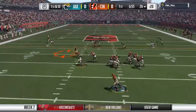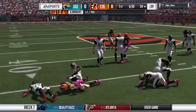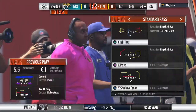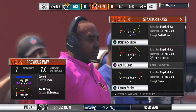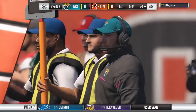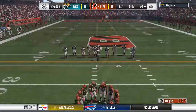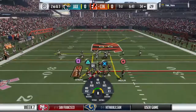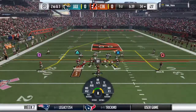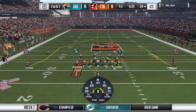Throwing on first down is Rodgers. Caught by Eifert over the middle. 7 yards, the pickup on the pitch and catch. A good safe pass there right off the bat. That's almost a rhythm play. That's what we like to call it. Get them into rhythm early, something safe, something they're confident about, something they feel good. And once that's completed, then you just keep moving from there because the confidence elevates. 4th down, 319. Quick,